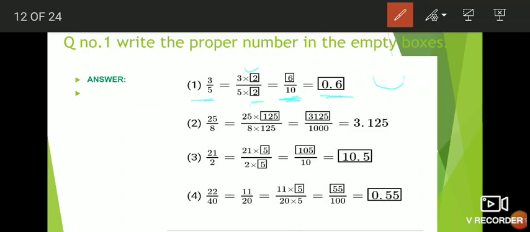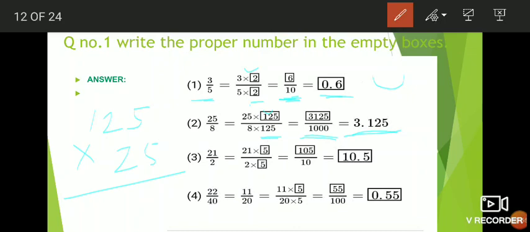Okay, now second number, see 28 upon 25 upon 8. Now here they have given multiplication, 8 is multiplied by 125. Okay, so whatever number we are multiplying to the denominator, the same number we have to multiply to the numerator also. 8 into 125 is already given 1000, students, and here the answer is also given, 3125. When we are multiplying 25 into 125, then the answer will be 3125. The multiplication of 125 into 25 is how much coming, students? 3125. By the 25 table we can do the multiplication.